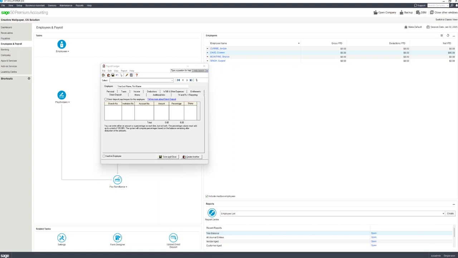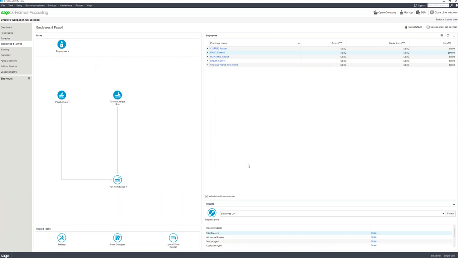There are phone number and all the other things that are given, so you can skip that part and save and close. Now you have this employee added right here. Now we're going to get into the payroll transactions. Similar to the other module, you come into the employee payroll module, you see all these tabs. On the right hand side you see the names of the employees and their gross year-to-date information, deductions,